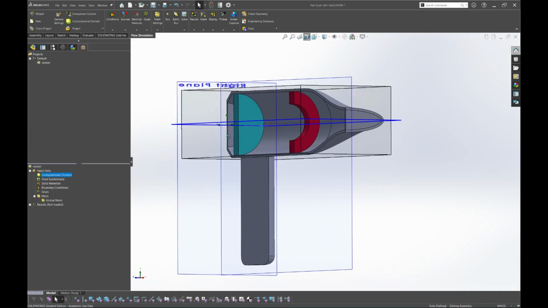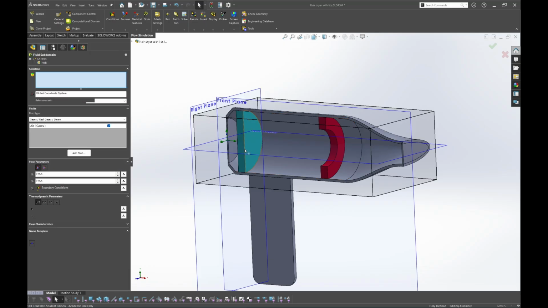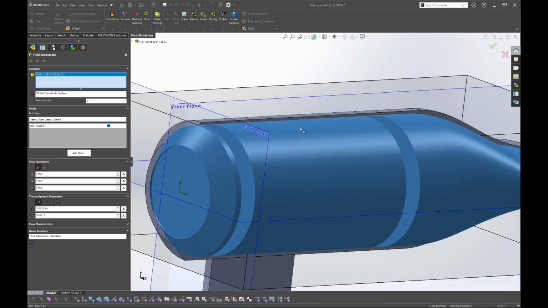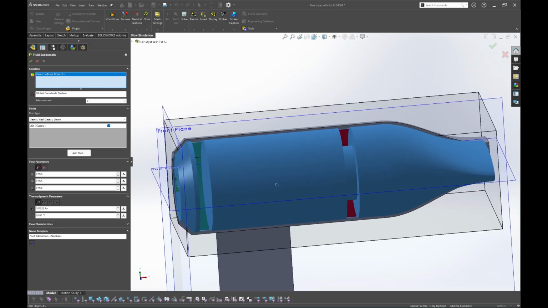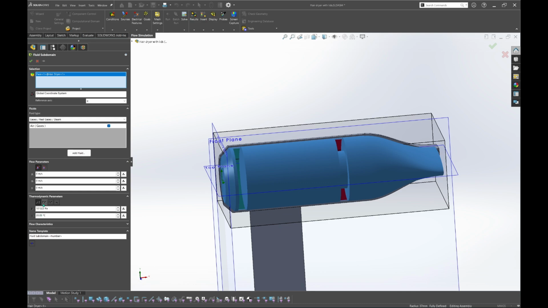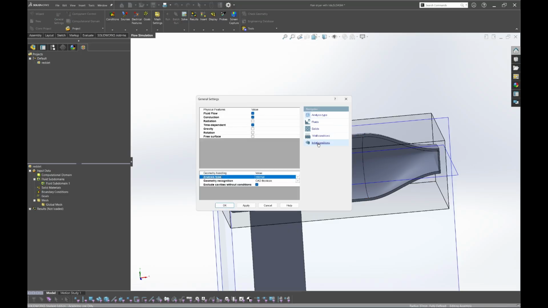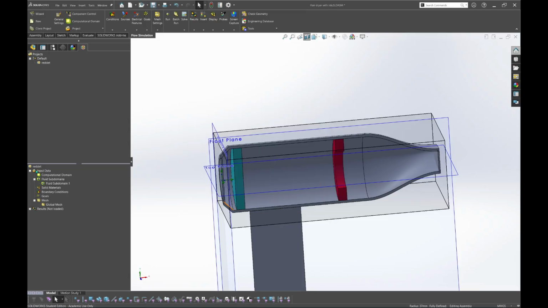So validate, and right click on fluid subdomain, select insert fluid subdomain and select the surface on the inside like this. Okay, and for the initial condition, I will change the temperature to 22.